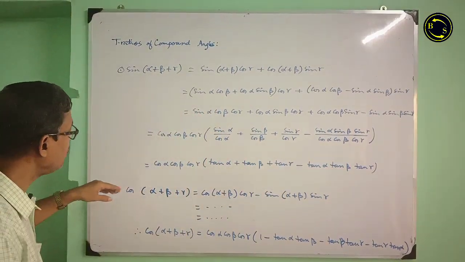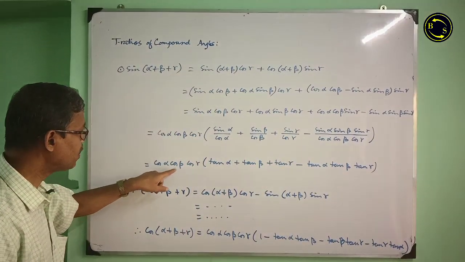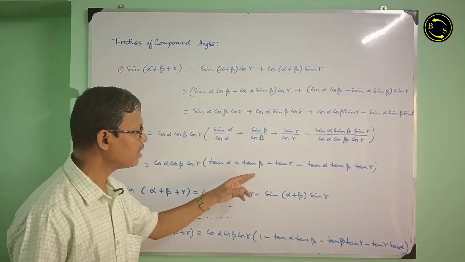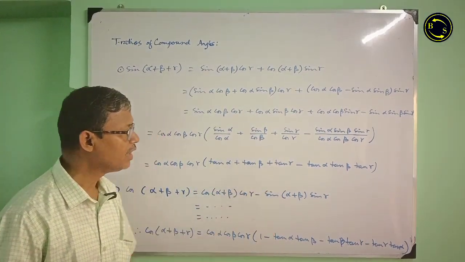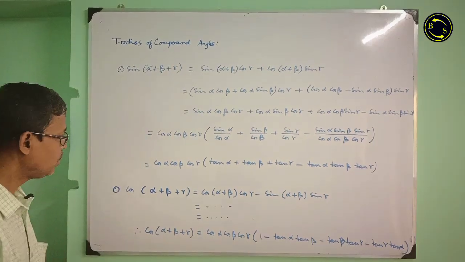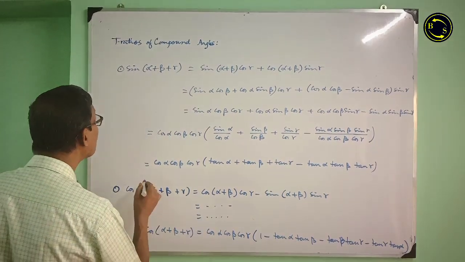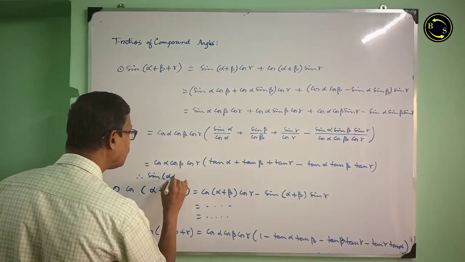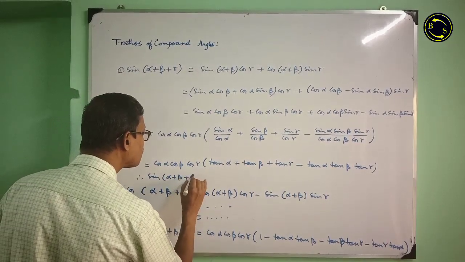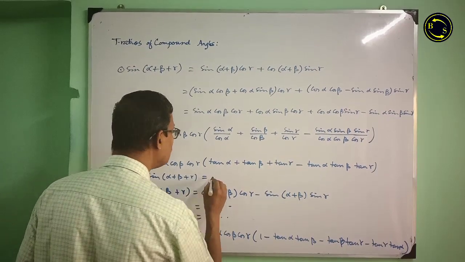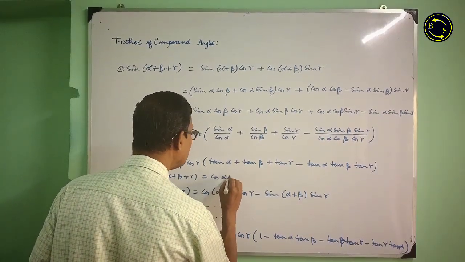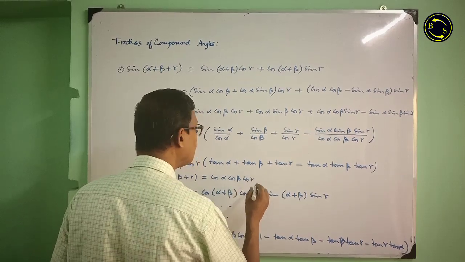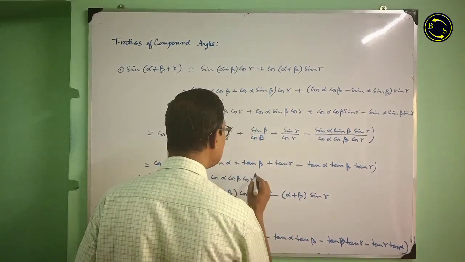Finally it will be cos alpha cos beta cos gamma within brackets tan alpha plus tan beta plus tan gamma minus tan alpha tan beta tan gamma. Therefore sin of alpha plus beta plus gamma is equal to cos alpha cos beta cos gamma, and if we use the summation